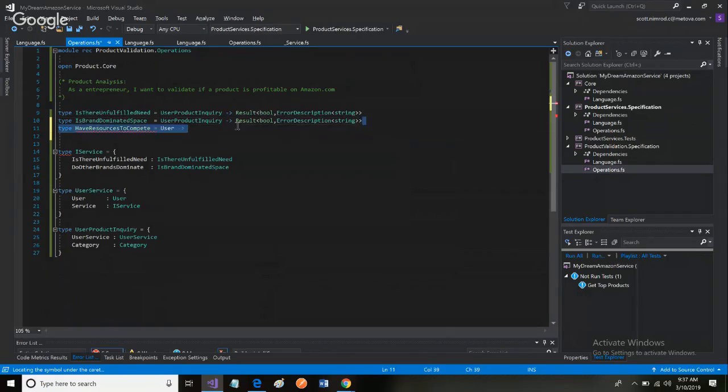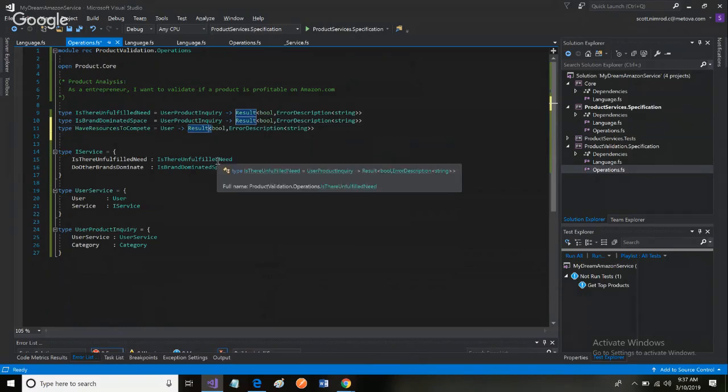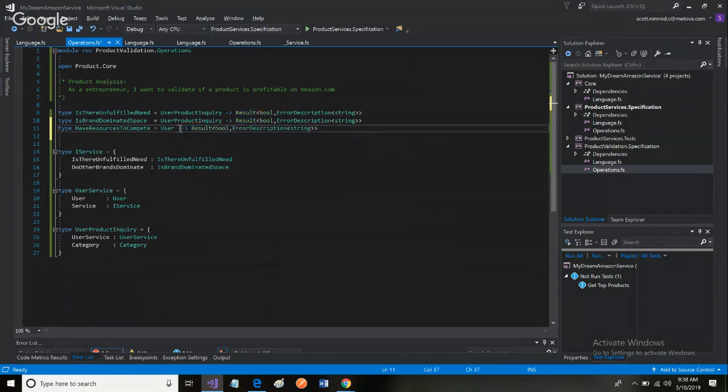I have a feeling all this is going to return a result of type bool. And so when I say have resources to compete, I mean that's primarily dealing with like budget, which is still pretty abstract. But this is just a brain dump, right? And so another one is